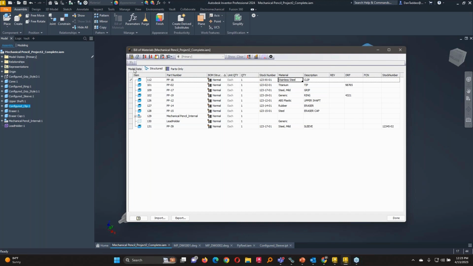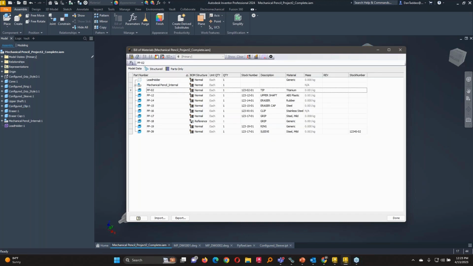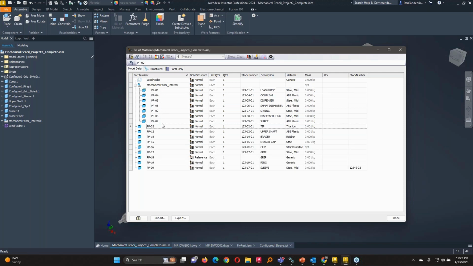There's a third tab over here that says model data, okay? This model data will basically be the tab that always reflects how things appear on the model tree. So you'll see that it also shows the individual components below it. And usually, when I'm talking about modifying properties or anything like that, I usually recommend just doing it from this